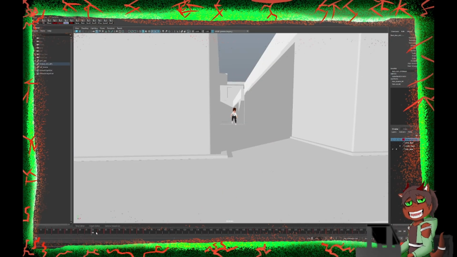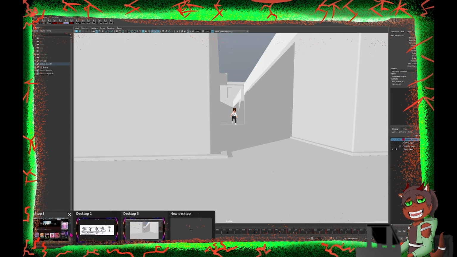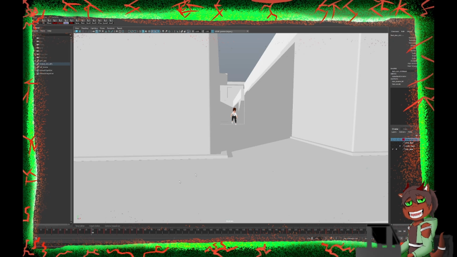If you didn't see that, I'm sorry. I have a thing right here that shows me three different desktop screens that I can switch between, one, two, and three. I'm on three right now, where I'm recording this and where I have the software open. So yeah,